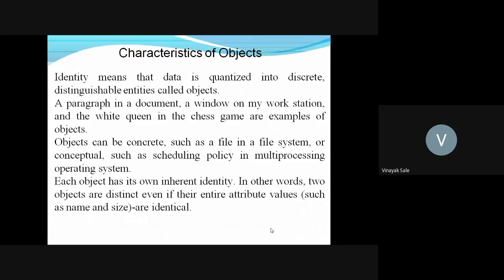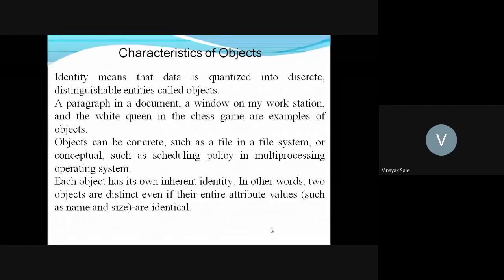Objects can be concrete such as a file in a file system, or conceptual such as a scheduling policy in a multi-processing operating system. We have studied different scheduling policies in a multi-processing operating system: first come first serve, round robin, shortest time remaining next.